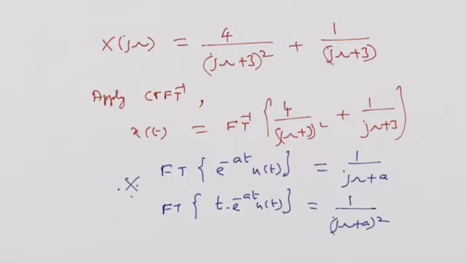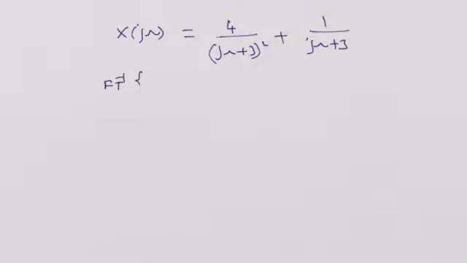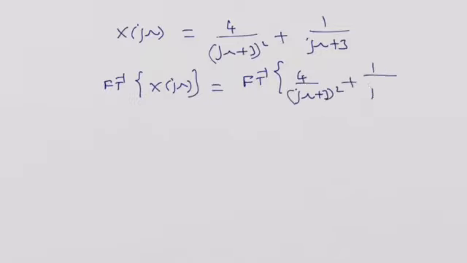If you keep these two items in memory, then it is possible for you to rewrite the entire expression in terms of t, the previous one. I'll write it again. X of j omega is equal to 4 divided by (j omega plus 3) the whole square plus 1 divided by (j omega plus 3). So upon application of the inverse Fourier transform on both sides of the above equation,